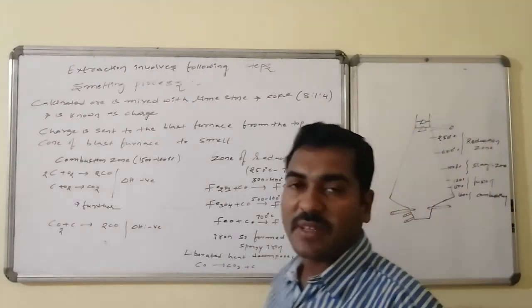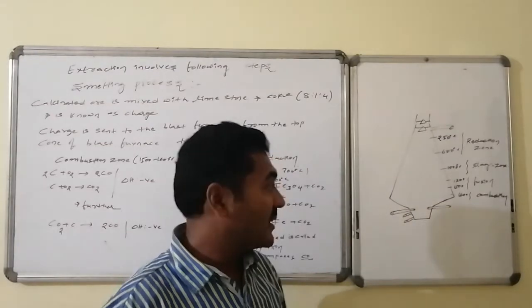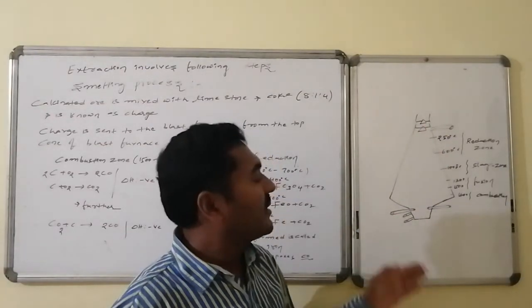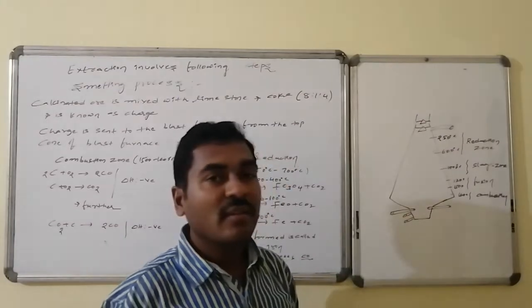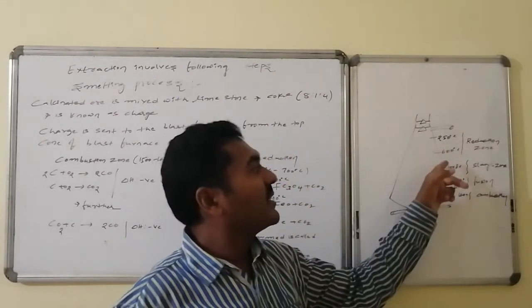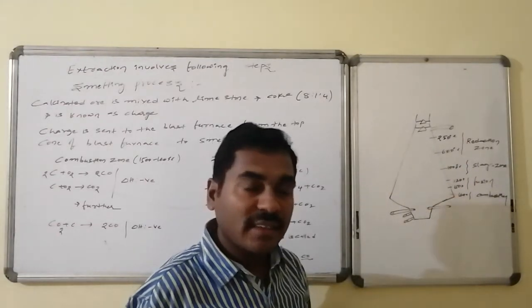it. The blast furnace structure is known to everybody, up to 25 to 100 meters in height, and these are the cone and cup model where the charge is kept, and here the different temperature zones are there. From the top the temperature goes on increasing: 250 degrees centigrade, 600, 1000, 1200, 1500, 1600 degrees centigrade, etc.